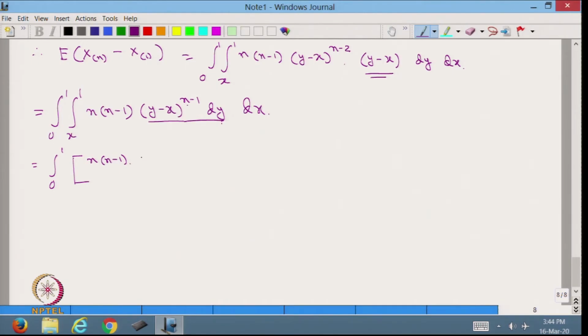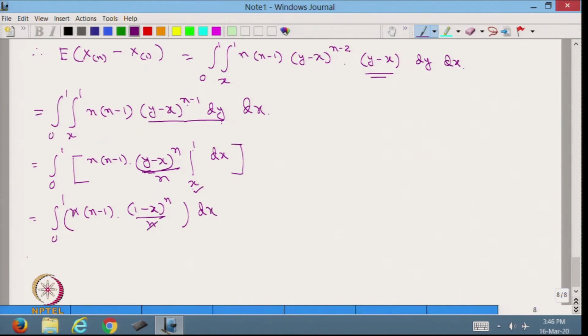Therefore, we are getting (y minus x) whole to the power n upon n, from x to 1, dx, which is equal to integration 0 to 1, n into n minus 1. When we put the value 1 here, we get (1 minus x) whole to the power n upon n minus, this is going to be 0 if we put x, therefore, we do not need to put that,